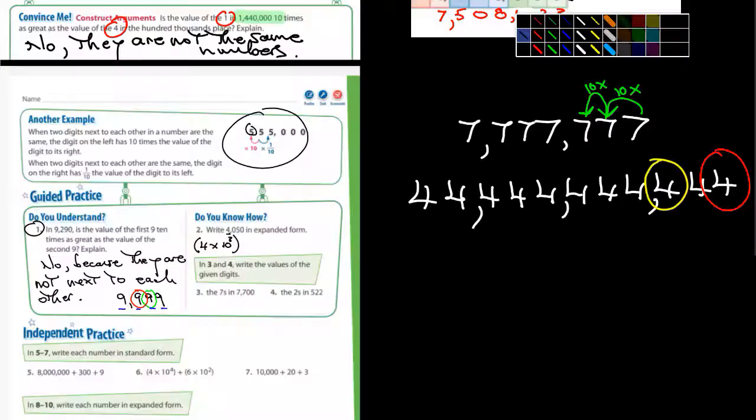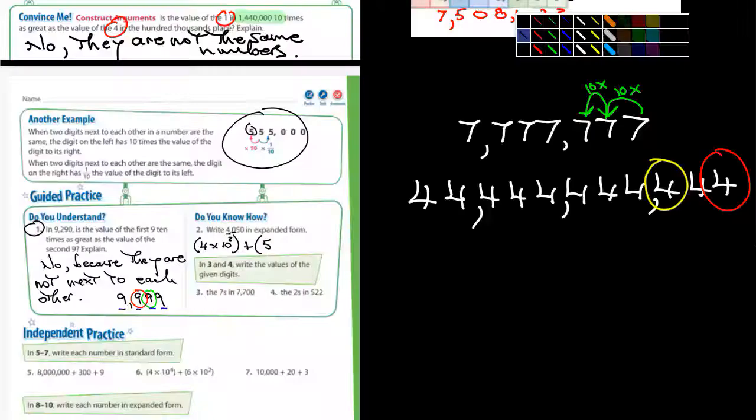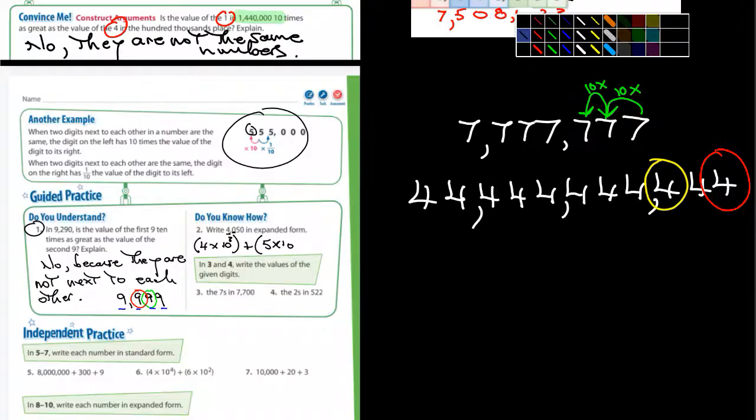All right, I don't remember if I talked about that part or not, but anyway, standard form, number 5, I'll do that one for you. So it's going to be 8 million. There isn't anything in the hundred thousands, ten thousands, or thousands, so it's going to be 0, 0, 0, comma, and then simply 309. So that's that in standard form. Now, number 6 here, it's going to be 4 times 10 to the 4th. Well, what's 10 to the 4th? Okay, 10 to the 4th